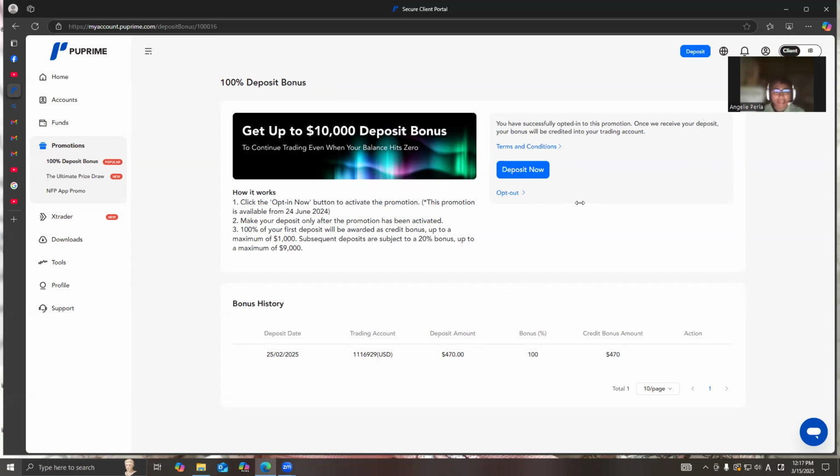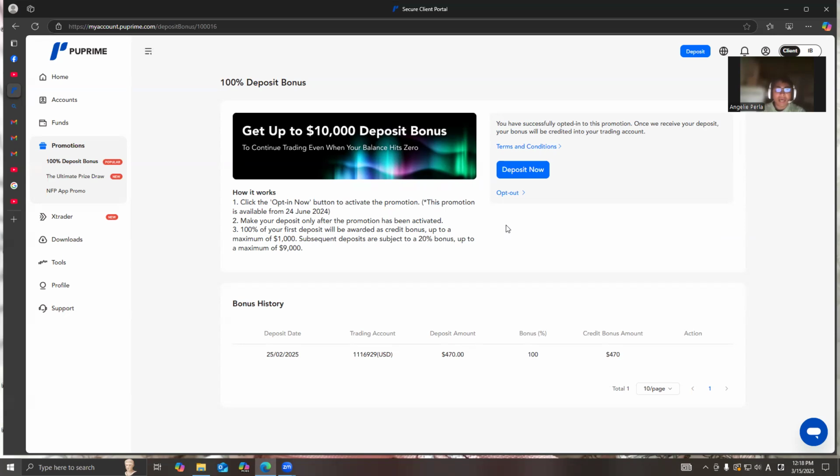So the next time you deposit, as you can see right here, you will receive a 50% deposit bonus so that you can maximize your deposit funds up to a 10K deposit bonus.